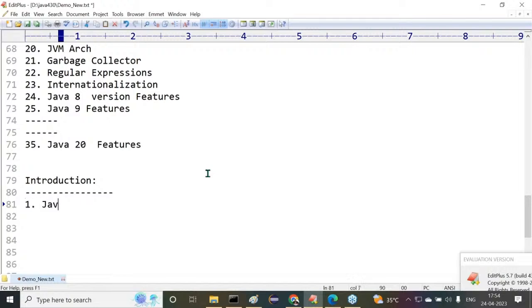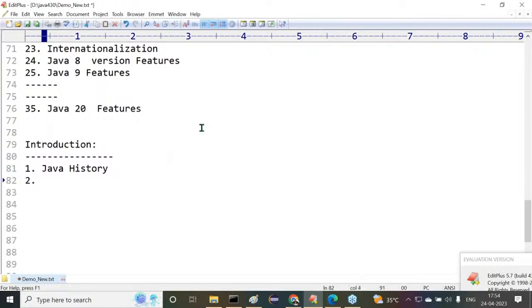First one is Java history. Why Java came into the picture, who provided Java, what exactly the work was that the Java people did to prepare the Java programming language, all these points. Here we are going to understand Java history. After this,